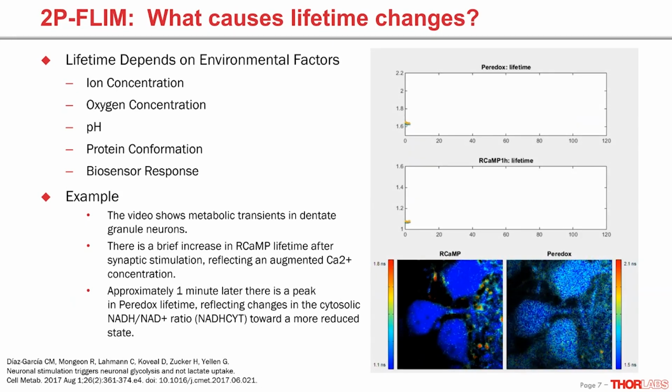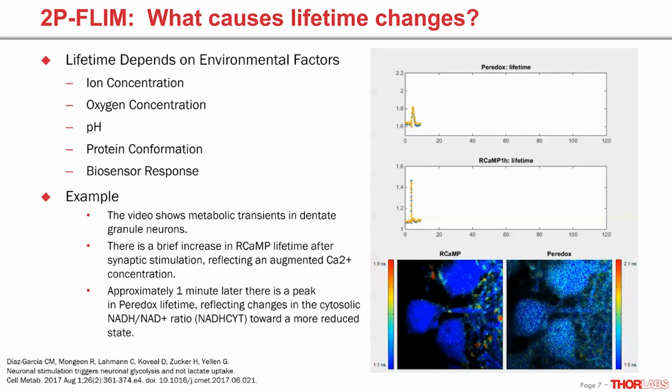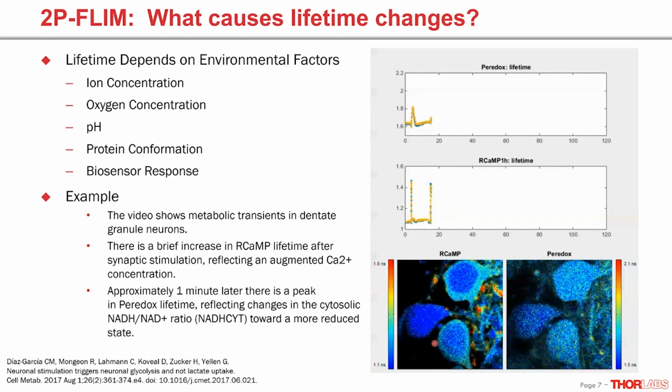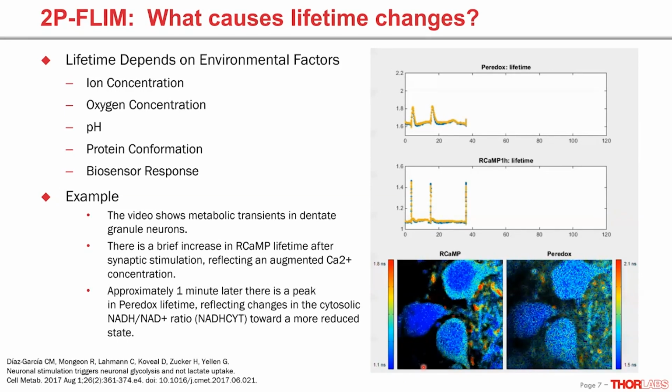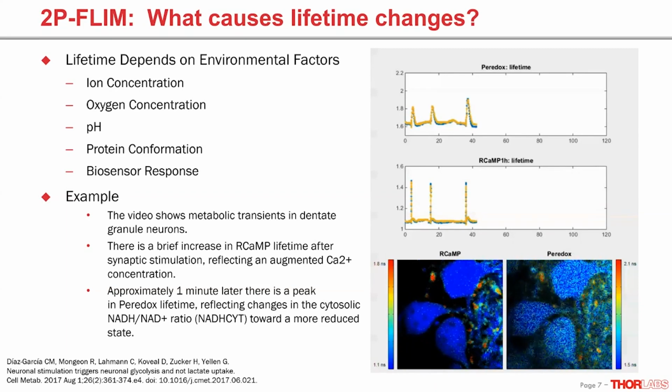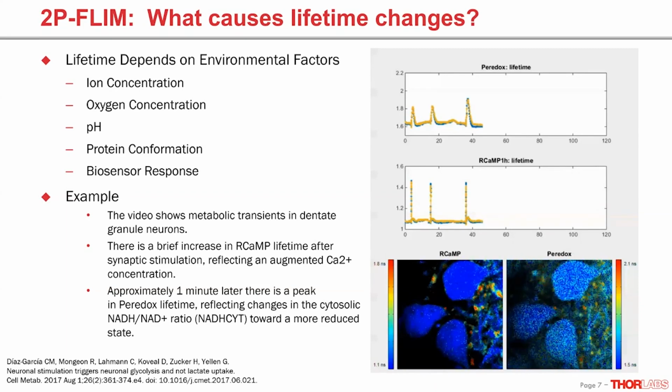So this movie right here is a great example of how we can use FLIM to see metabolic transients occurring in live neurons. There's a brief increase in the RCamp signal, which shows a calcium spike after the firing of a neuron, followed almost a minute later by a change in NAD/NADH concentration. This redox reaction is significant in cellular respiration and would otherwise be missed if one was only looking at